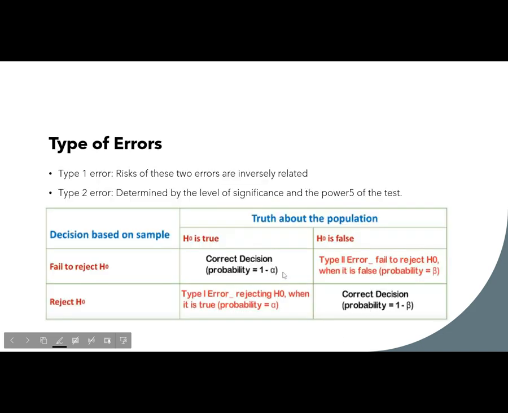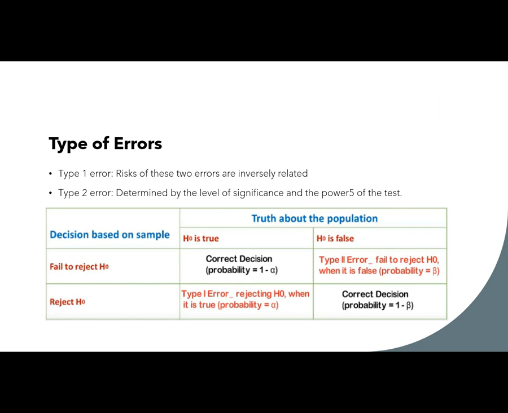Let's move on. There are types of errors. There are two types of errors. The risks of these two errors are inversely related, and the type 2 error is determined by the level of significance and the power of the test. So as you can see in the table,